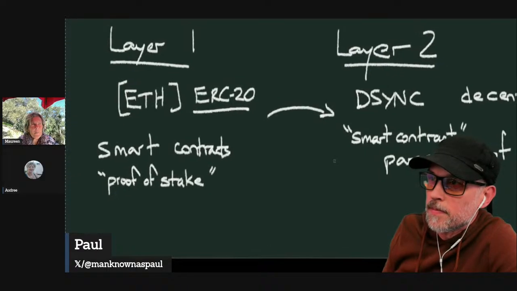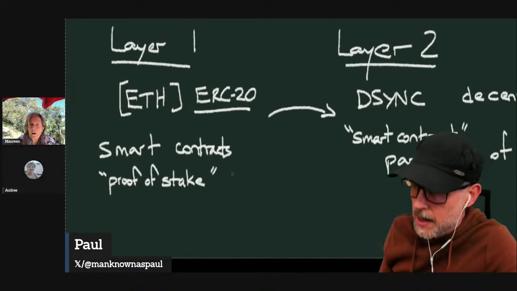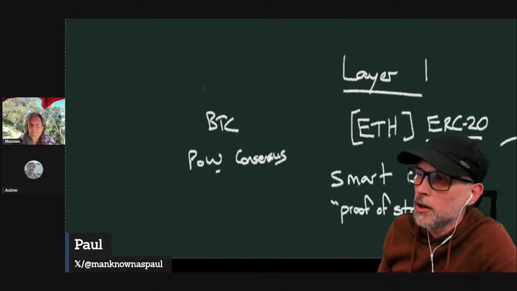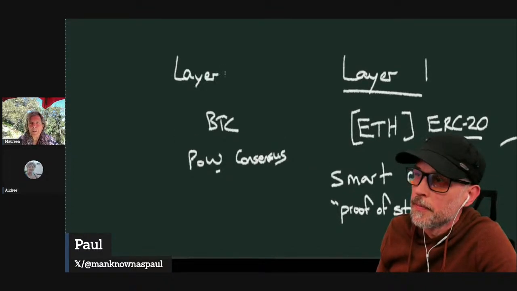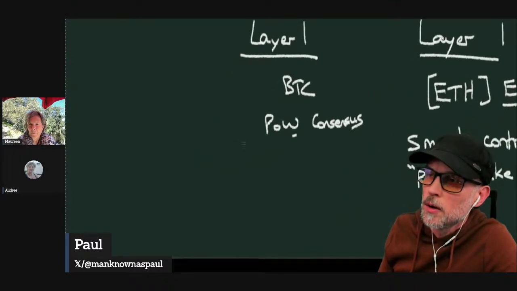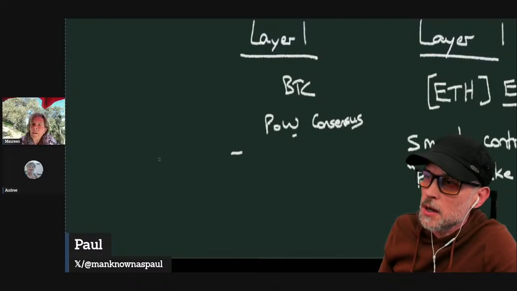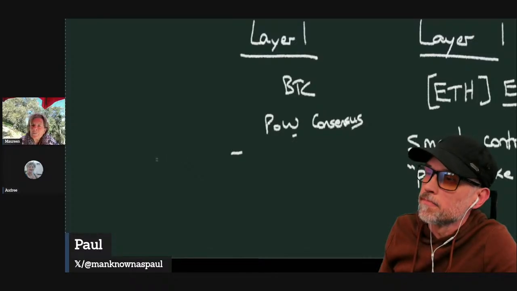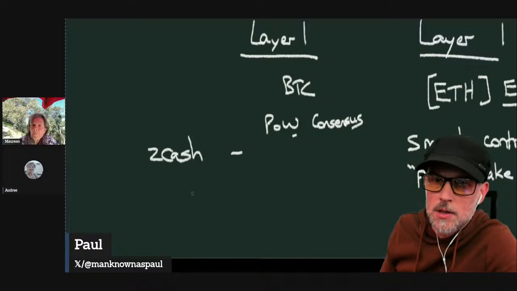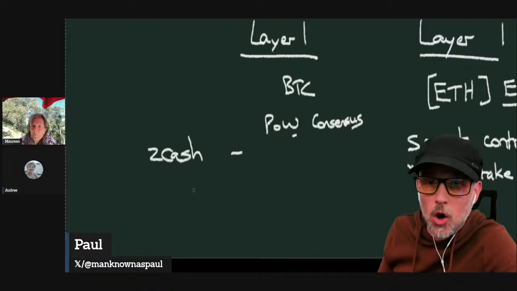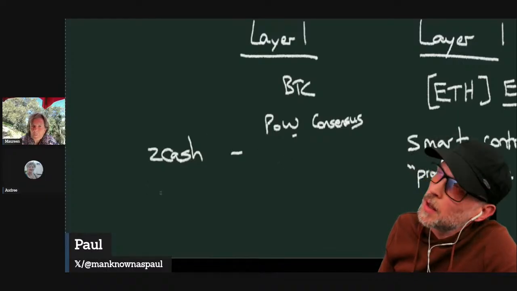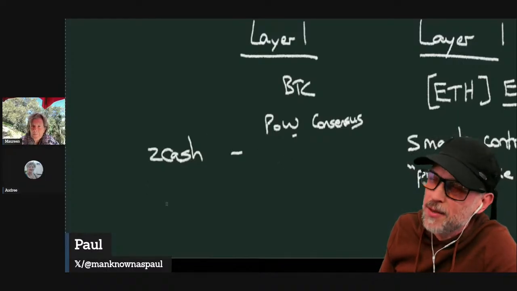So is Bitcoin a particular language? Yeah, that's a different one. Yep, it's another layer one. But they don't have any layer twos with their layer one. No, there are a few. For instance, there's Zcash. Zcash is a fork off of Bitcoin. Okay. Yep. And if I remember, there are some other ones too. I haven't paid a whole lot of attention to them,